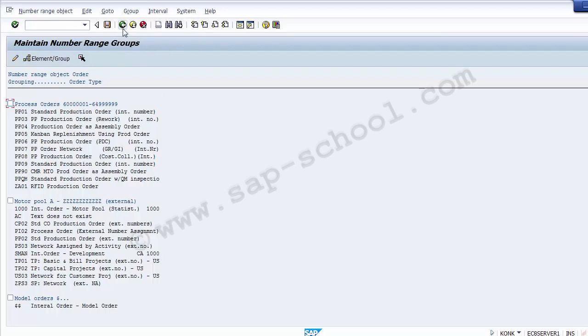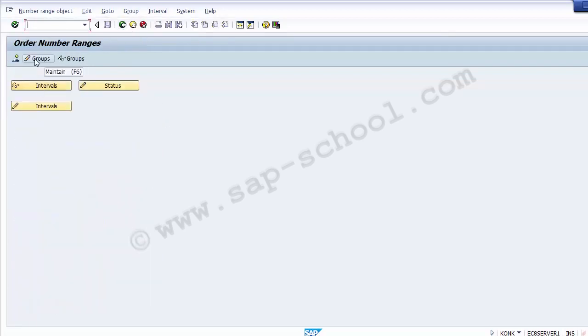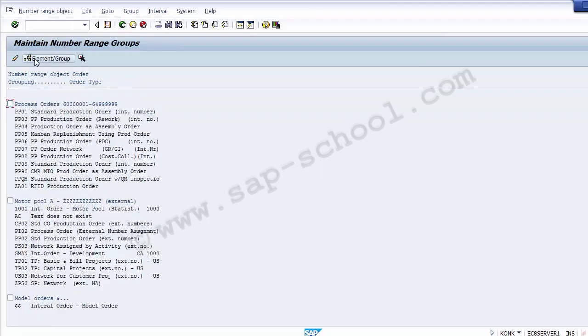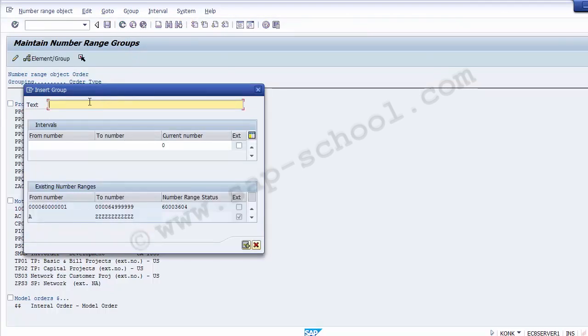I hope you can understand that. First we went on to groups over here, we clicked onto the groups, then I need to go on the top over here, number range object, add it, go to groups. In groups there are three options: insert, maintain text and expand. So we need to go to the insert part, click onto the insert. Once I click onto the insert, it gives me a new tab